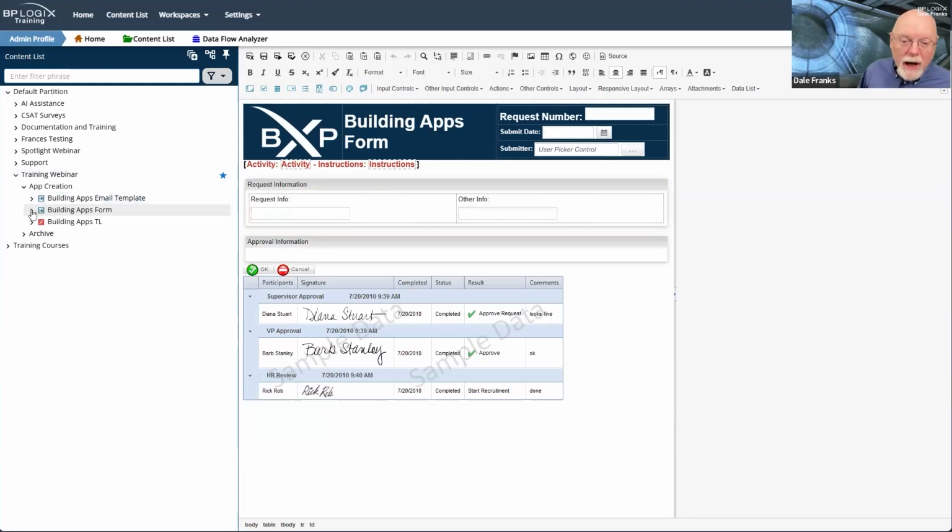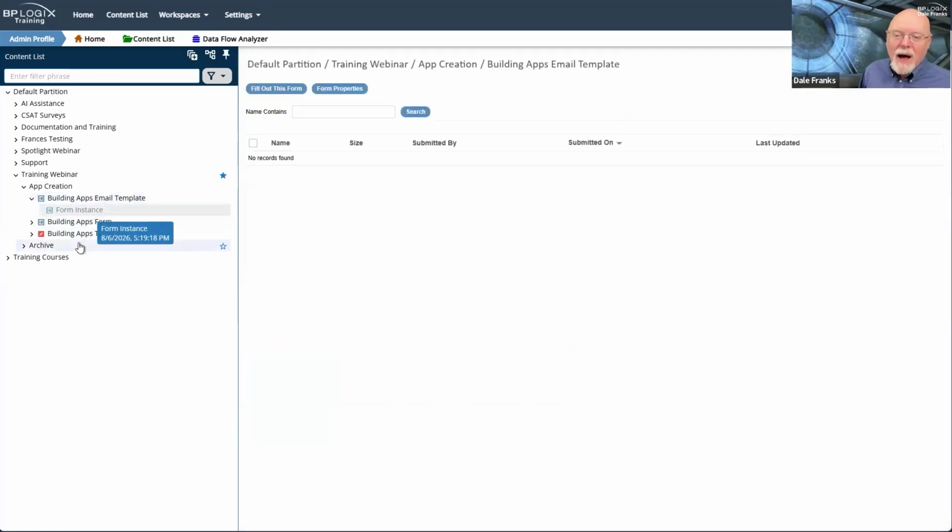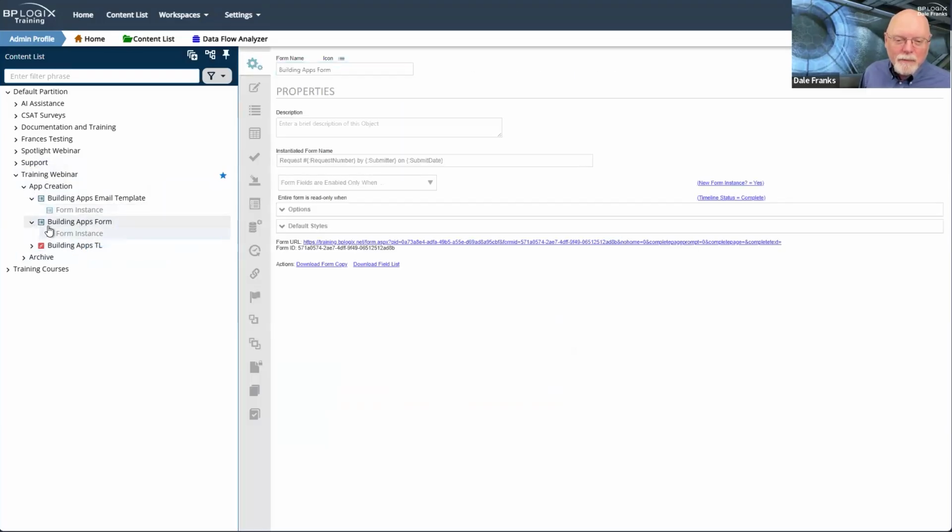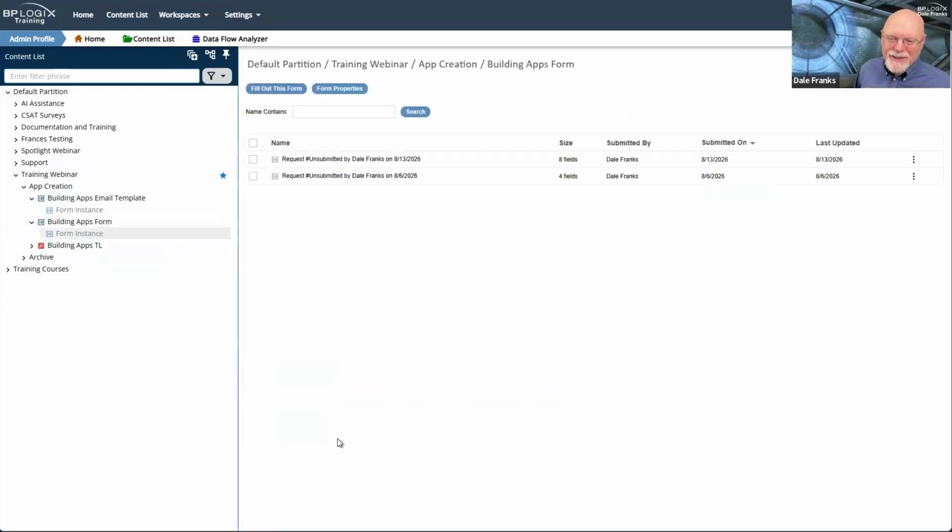You should keep in mind that at some point, I am going to have to come in here and look at my form instances. That's the wrong form. That's my email template, so there aren't going to be any instances. But on this form, as you can see, I've already created 2 instances of this form, and these are all test instances. At some point, I need to come back in and delete these instances.